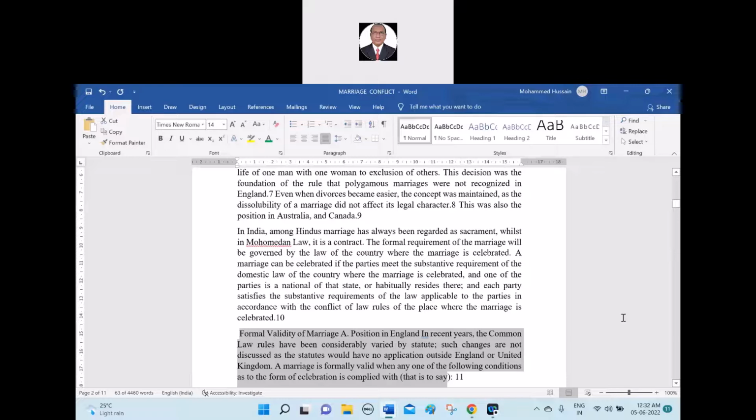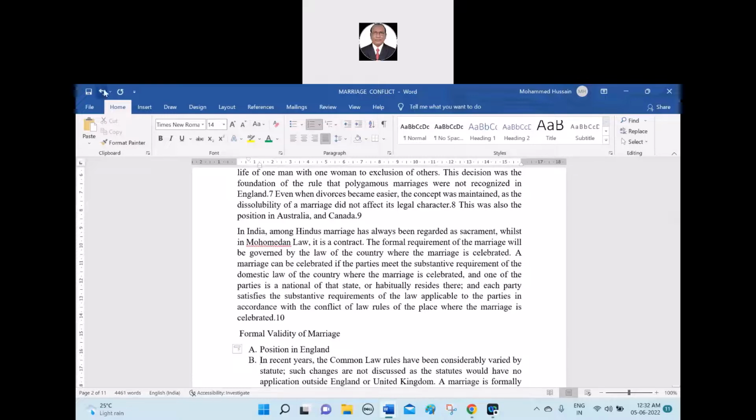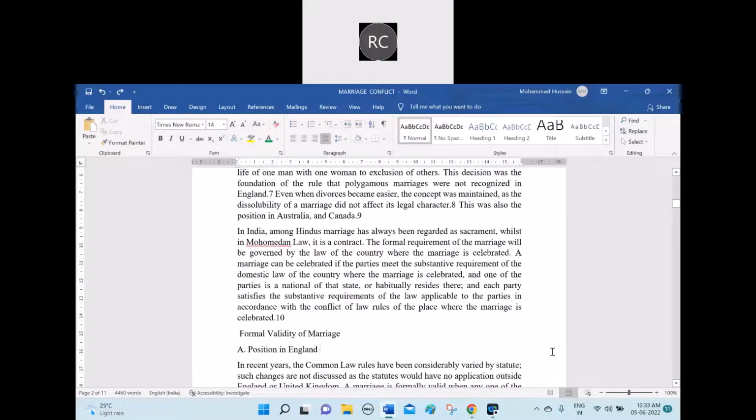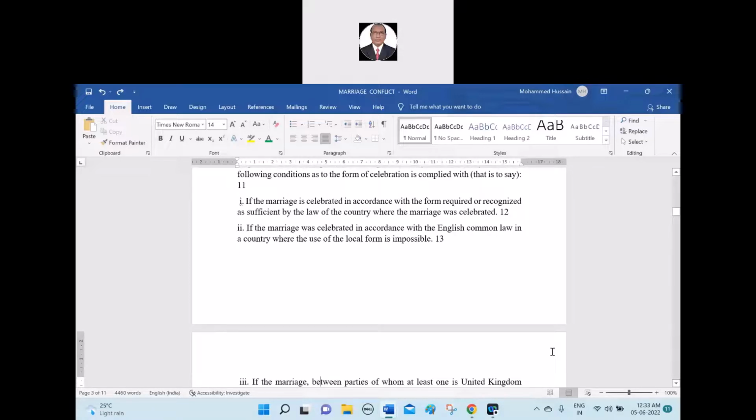Formal validity of marriage. A. Position in England. In recent years, the common law rules have been considerably varied by statutes. Such changes are not discussed, as the statutes would have no application outside England or the United Kingdom. A marriage is formally valid when any one of the following conditions as to the form of celebration is complied with. That is to say,